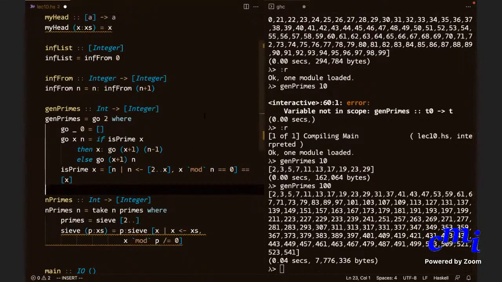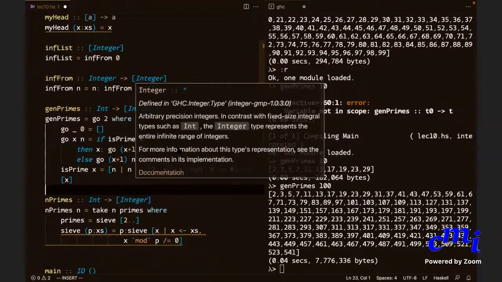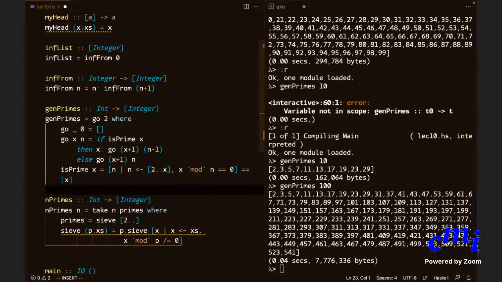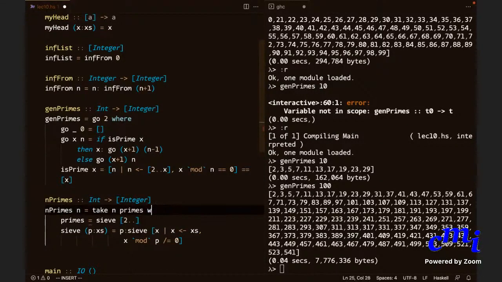Okay. So you didn't write where? No, I didn't. I don't need to write where because this where subsumes both these wheres. Because this primes itself is defined under a where. Okay. So what I should do is I should define primes at the highest level. Then I do that.